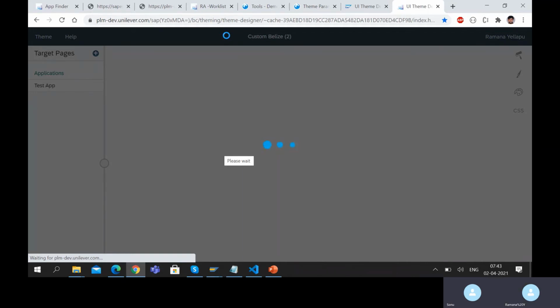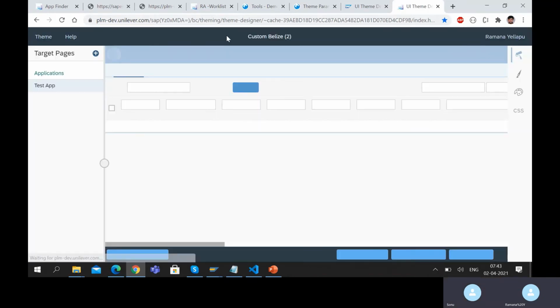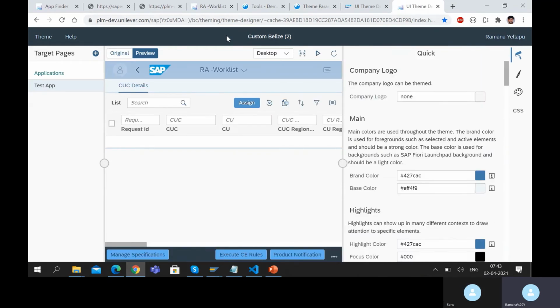That was meant only for the preview. When we are doing the activity, it will show us how each area of that particular application changes. Now if you see, we have this application here on the left, and we have a panel on the right. So on the right we have